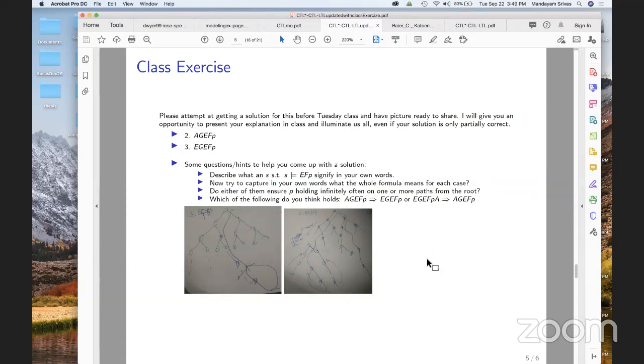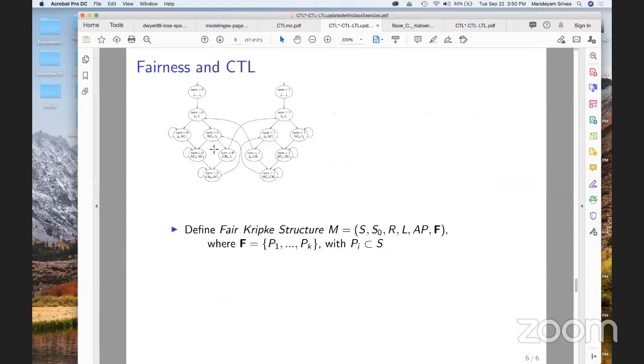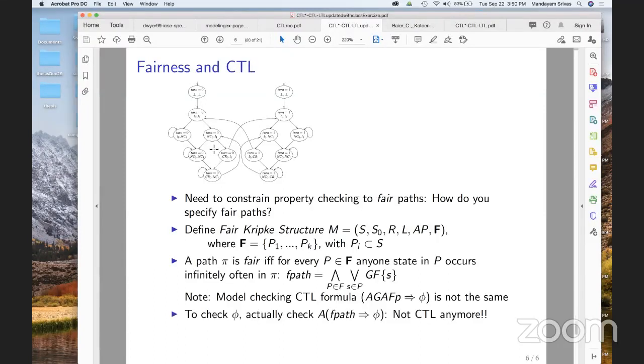Okay, so that should give you an idea. All this is mainly to reinforce the meaning of what CTL formulas are and how they need to be interpreted. Okay, so one other clarification that I wanted to make, I think it was Diganta who asked this,